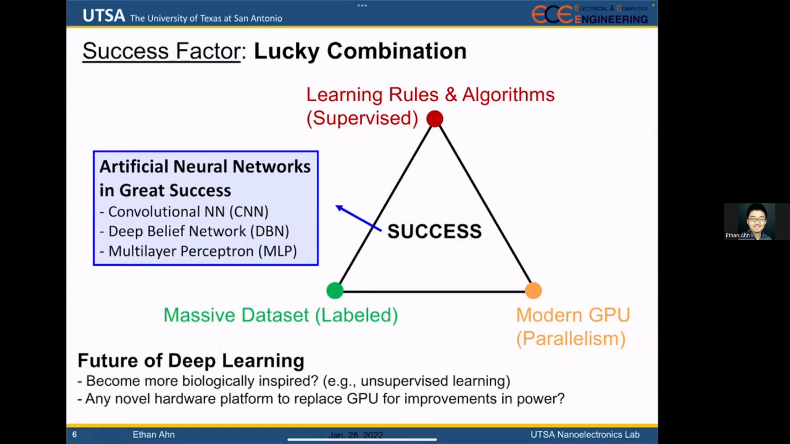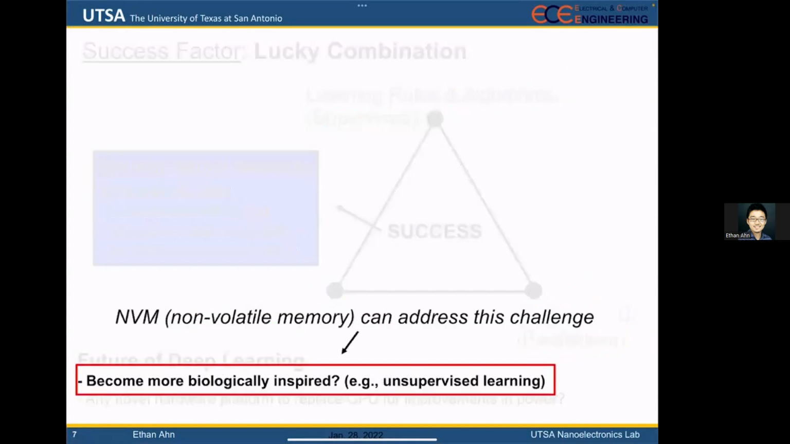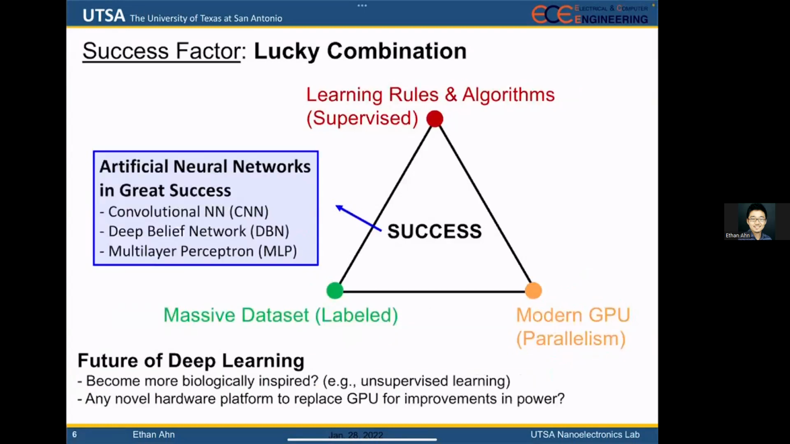And there are some other kinds of models here too. So my topic today is to look a little bit more at what would be the future of our deep learning technology. Even though we have been very successful, there are still many things that we can do as researchers. And the first question that we can probably ask is, can we become more biologically inspired? Because a lot of current technologies are basically doing something called supervised learning with a labeled data set. But what humans actually do is